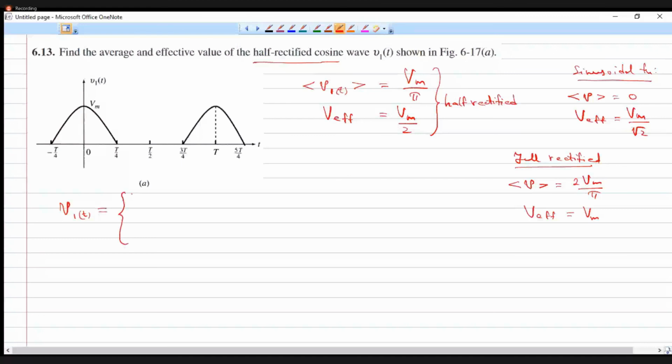Because this is a periodic wave, it is like the shape of a cosine function, right? So I can write this is equal to cos omega t for t lying between 0 to T by 4,